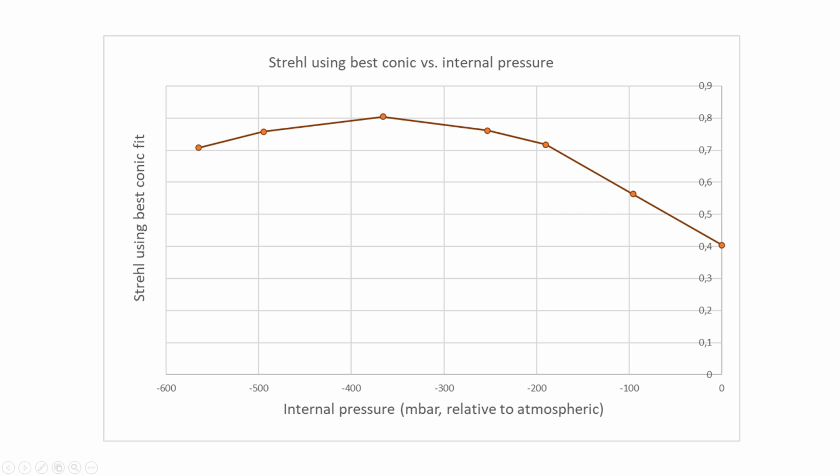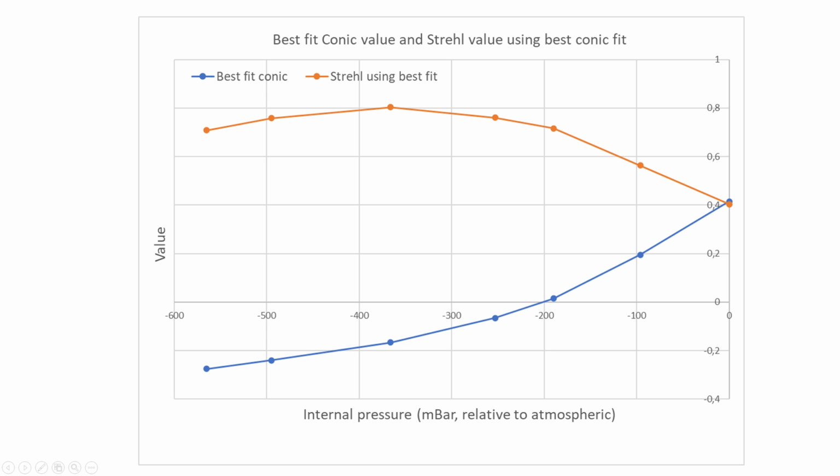Having arrived at my new insight, I went back to the previous interferograms and evaluated the quality of each surface, looking at the Strehl ratio of the surface compared to the theoretical shape at the same conic. And here is what the curve of the Strehl ratio calculated in this way looks like as a function of the pressure. Let me just bring the last two curves together in one plot and explain. We start out with an oblate ellipse at 0 millibar, which has a low Strehl ratio of 0.4. In other words, we start out with a badly shaped oblate ellipse.